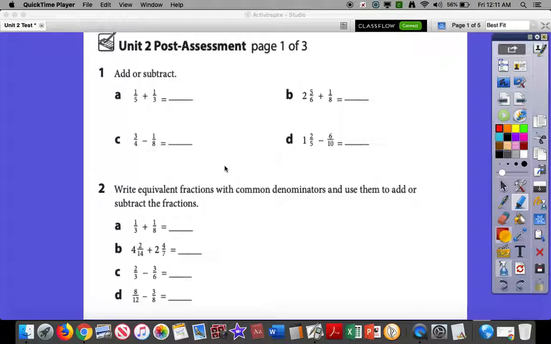You are picking 2 of these 4 to solve. Now we have adding and subtracting of fractions. You can see A and B are both adding, while C and D are both subtracting. We also, over here on B and D, have some mixed numbers, which means it has a whole number and it has the fraction with it. So